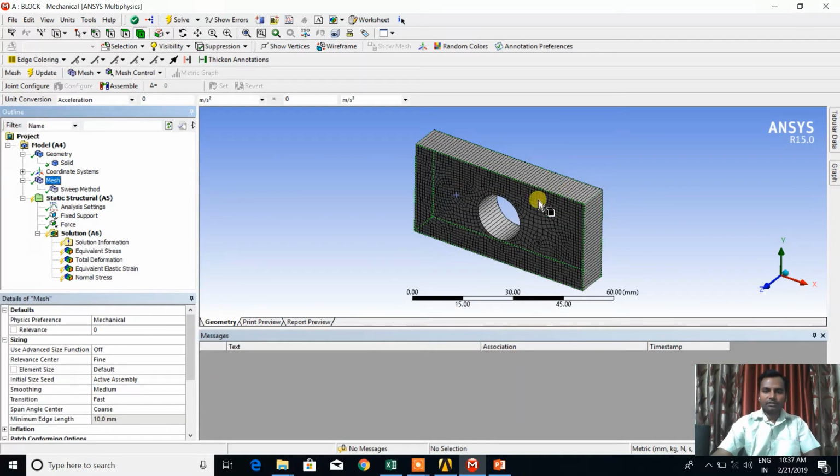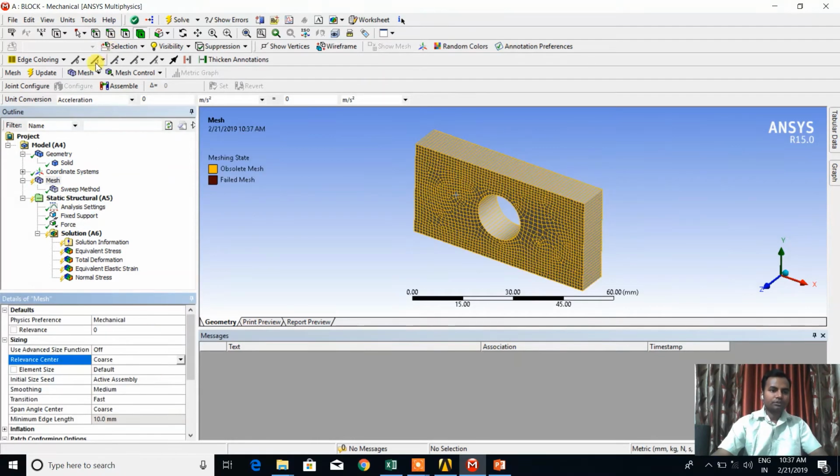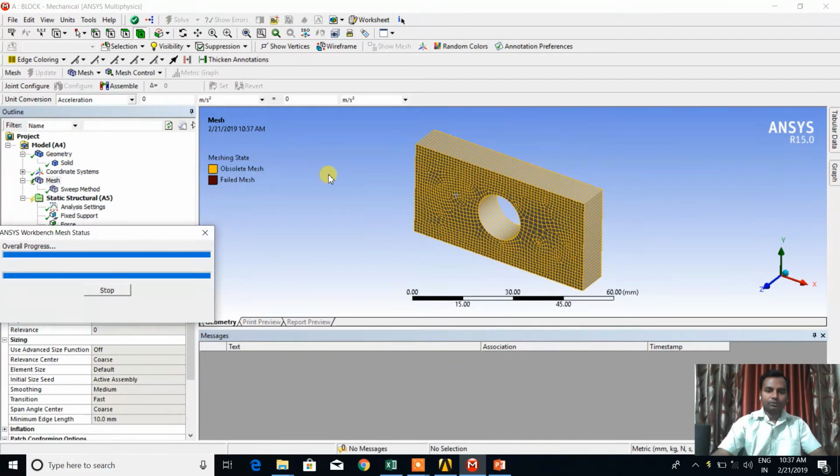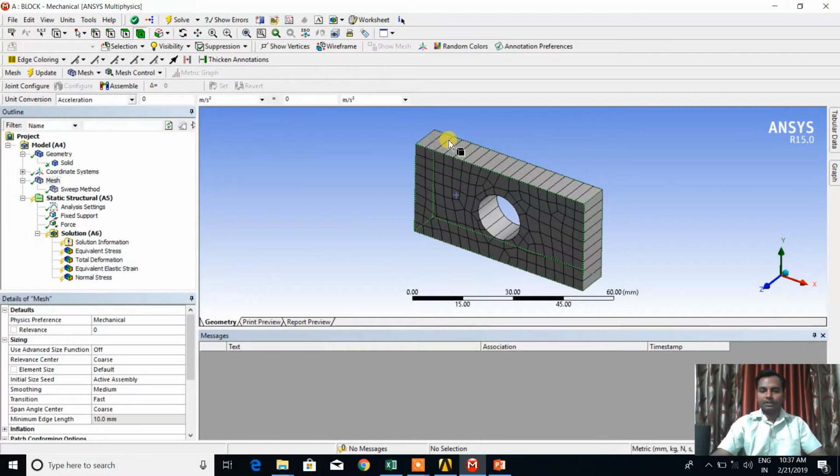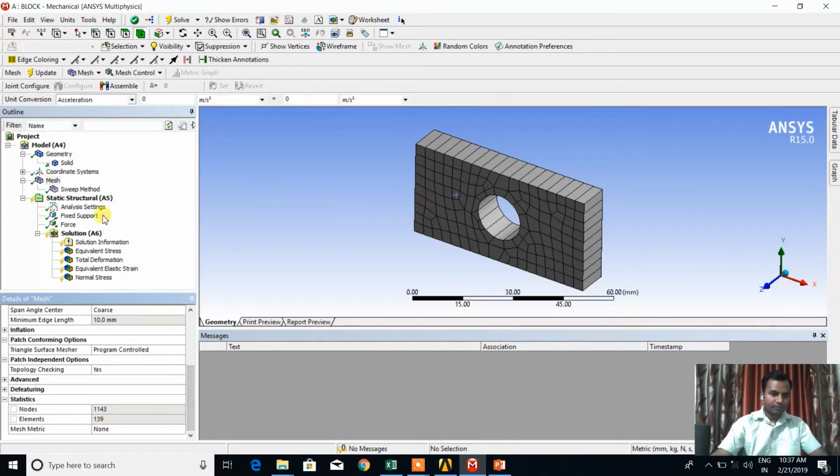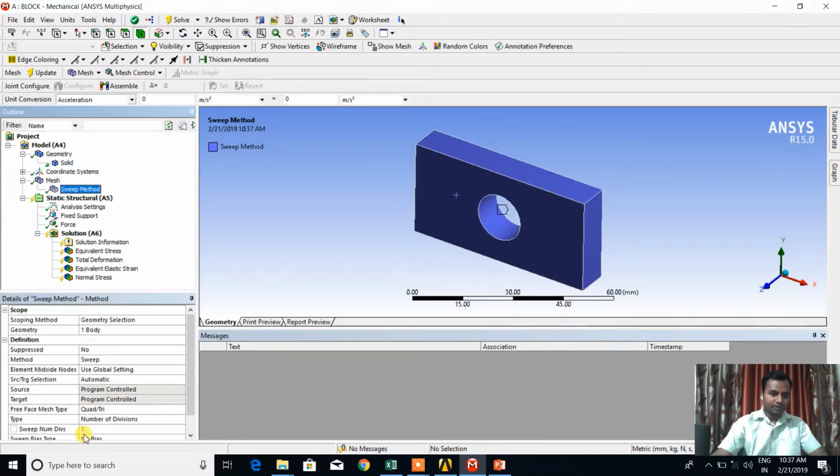You can check. It is shown as fine by default, so we will convert it to coarse for visibility. So this is the sweep. Here is the number of elements, and only one sweep is there. You can change that sweep size: again click on sweep method, instead of 1, I will take it as 2.